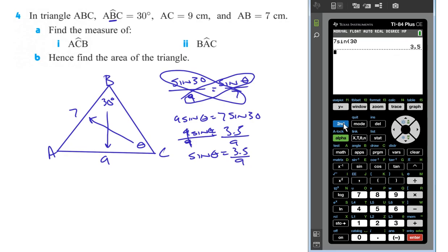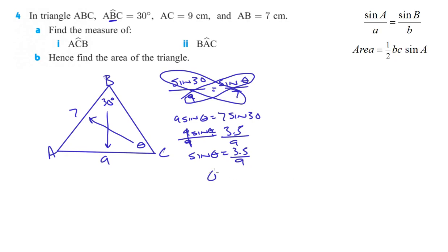So looking for an angle, so second sine, 3.5 divided by 9. And we get 22.9. Okay, so that's this one here. Angle C is 22.9 degrees. Find angle A. Now here's the thing. We could go through and use our formulas here, but the nice part is we actually figured out that this